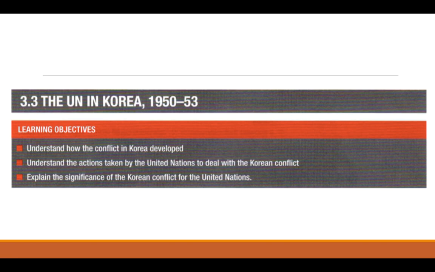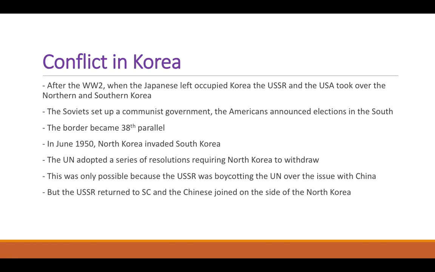And Korea by that time was already divided. So let's look at the background history, the conflict in Korea. After the Second World War, the Japanese, who had occupied Korea during the Second World War, left. And Korea now was taken over by USSR and USA troops. On the northern side of Korea, USSR was active, and in southern Korea, USA was active. So the Soviets set up a communist government in North Korea, and the Americans announced elections in the South